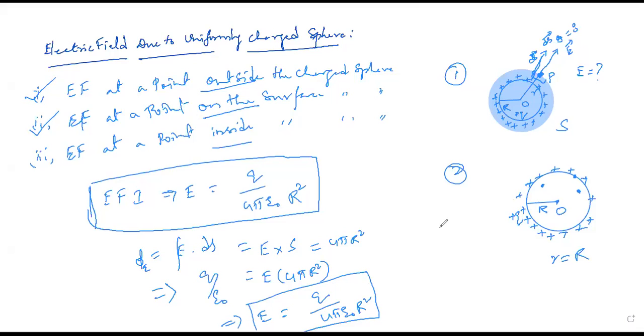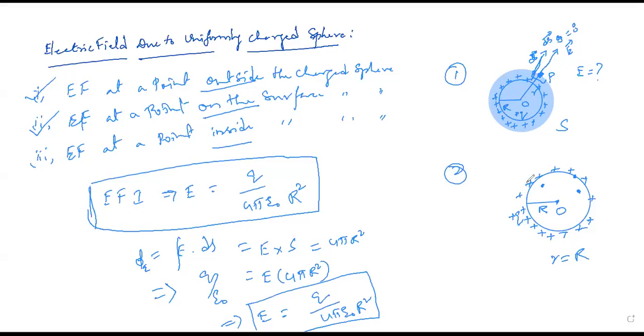This is very important because when the point lies outside, it is easy for us, correct? Because other than the radius of the sphere, we have to take the point outside, and where the point is taken, the unit outward drawn normal vector also should be taken along with that particular surface. Then the angle between them will be equal to 0.